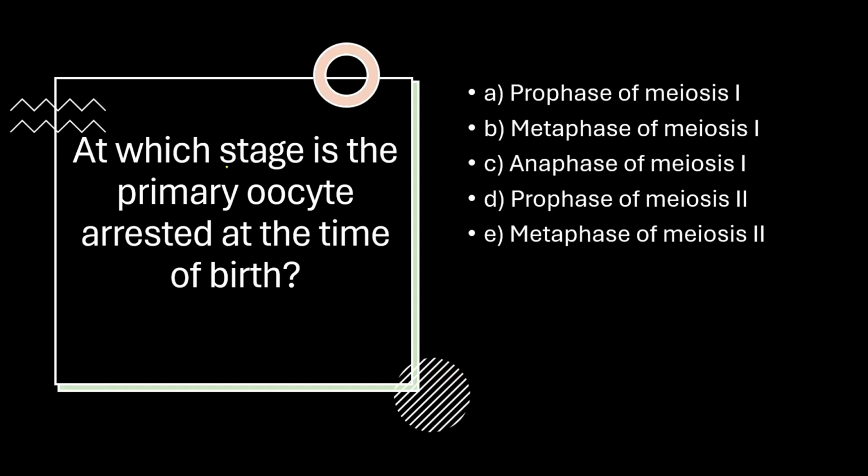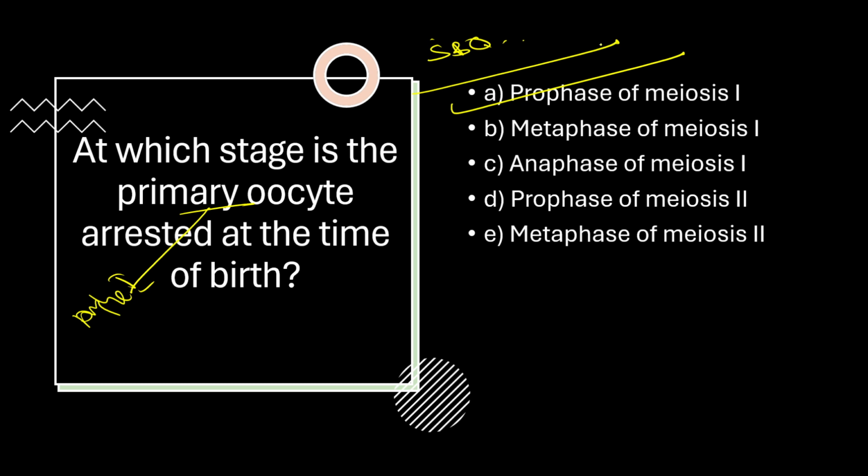So looking back at the question, at which stage is the primary oocyte arrested at birth? It is arrested at prophase 1 of meiosis. So A would be the answer. This is a single best question. This is the fifth question that we have discussed regarding embryology. We will be coming with the sixth